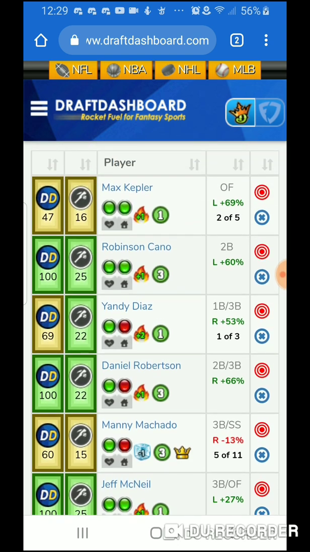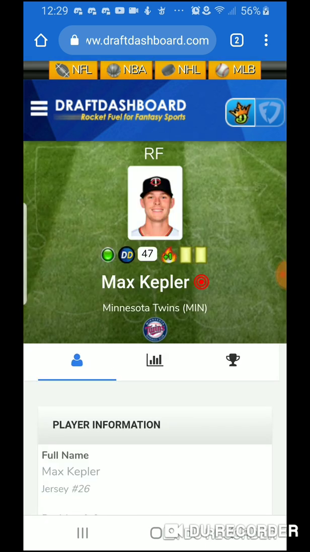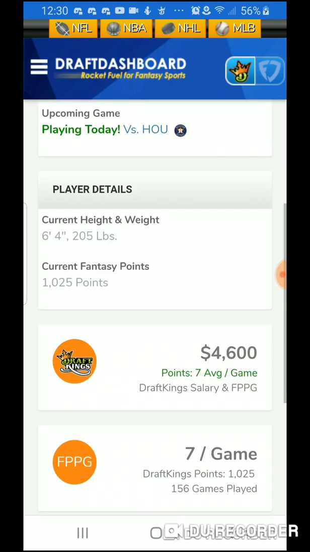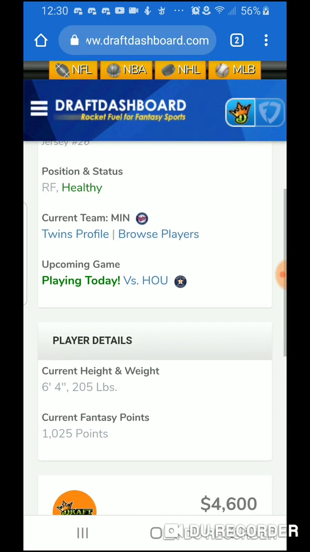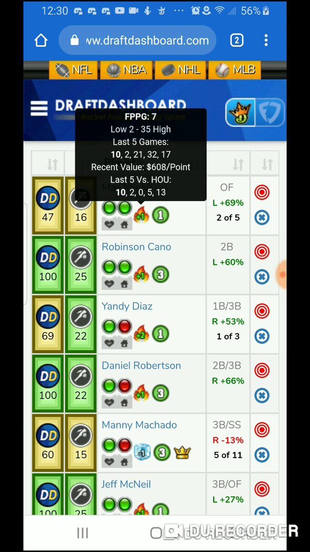Moving on to the bats, first up, I like Max Kepler for the Minnesota Twins. The Twins have just been on a tear this year, guys. They have the highest slugging percentage in MLB up to date right now, so they hit the most home runs out of any team. Max Kepler is $4,600, and this guy in general has been on a tear